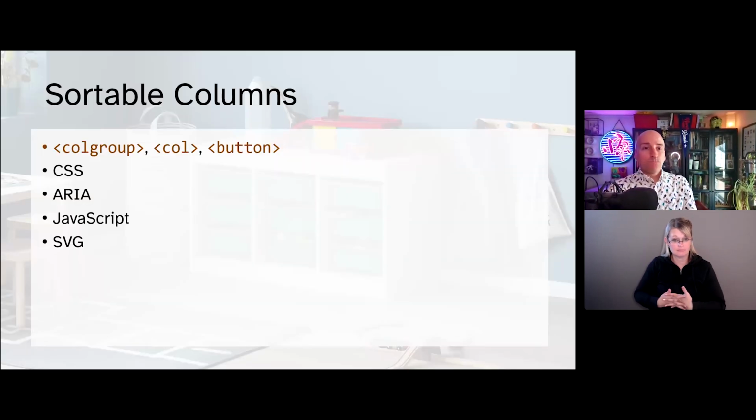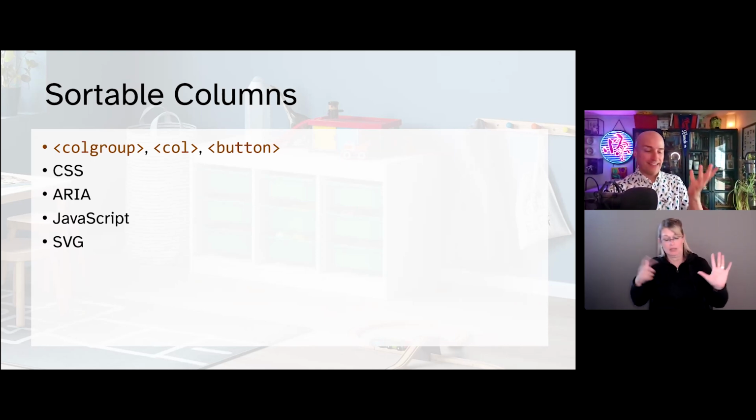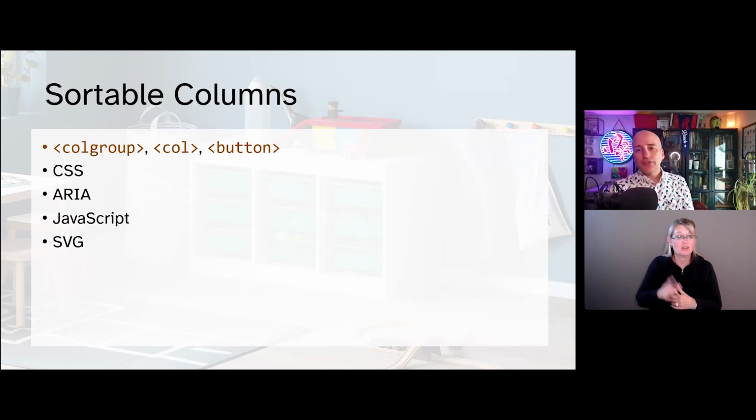Okay. Sortable columns. To clarify things here, I'm only going to speak about sortable table columns. Whether or not table rows should allow sorting is actually beyond my human capacity for reasoning. If you figure it out, let me know. For ease of styling the cells in the sorted column, we're going to lean on colgroup and col elements.